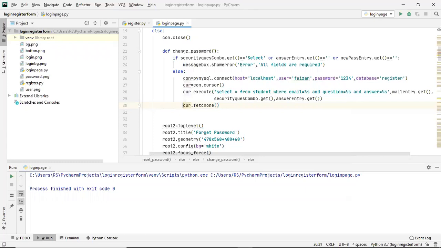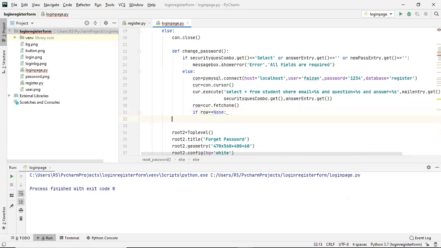This will fetch a row, and then we will check that if nothing is returned, if there is no row, that means you have written something wrong, either the question is wrong, or the answer is wrong, or the email address is wrong. So I'll simply compare it, and after comparing it, I'll display a message box.